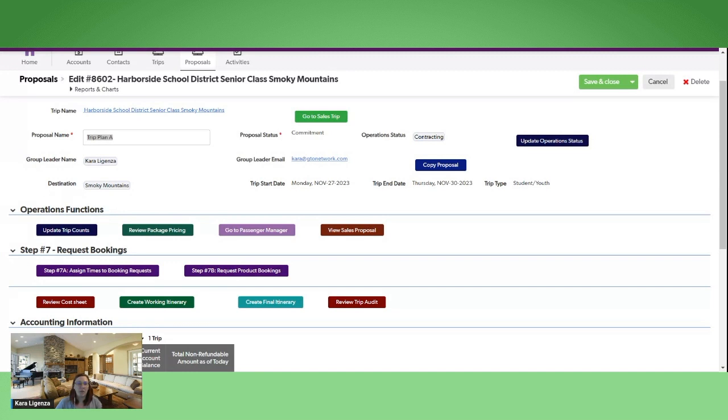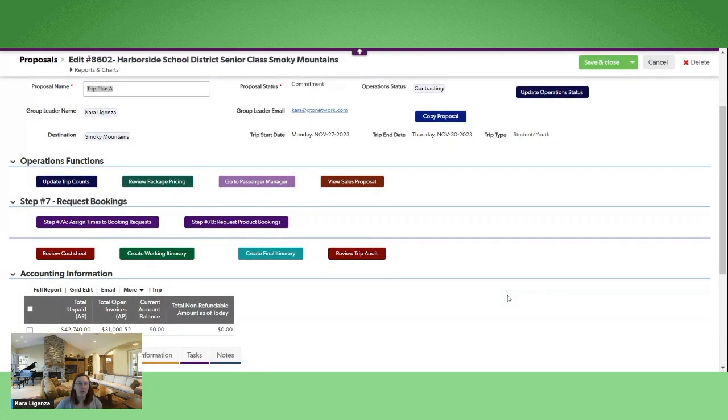Hello again. We are going to discuss the different itinerary features that are on the operations portion of the GE site. There are two different itineraries that you can review. There's your working itinerary and your final itinerary. Your working itinerary is mostly just for internal use, and we're going to click on this button that says Create